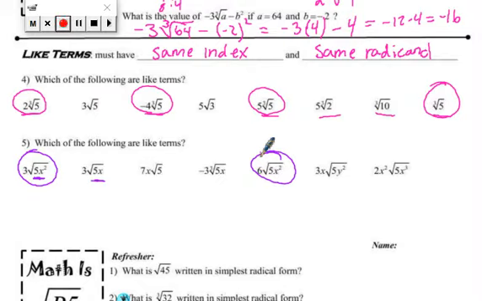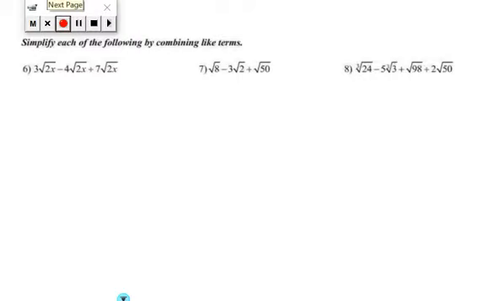So this is important because as we move forward, and as we move on to the back right here, when we go to add, we have to make sure that our radicals have the same index and that they have the same radicand underneath our radical before we can add them. Okay, so what this would look like